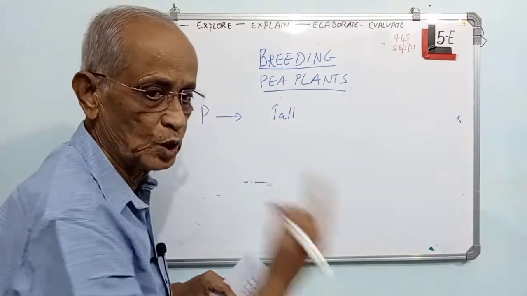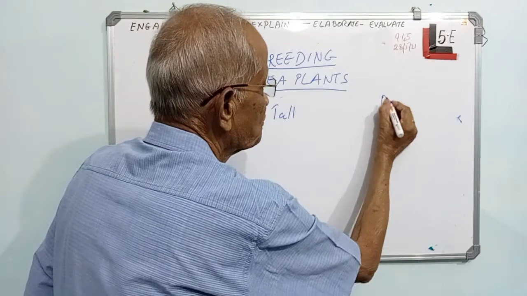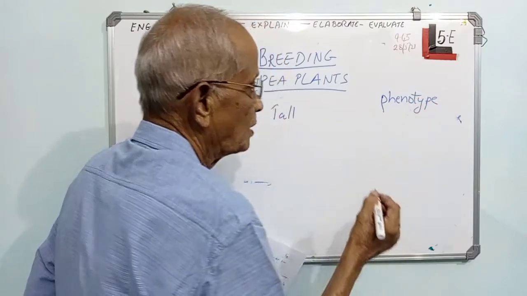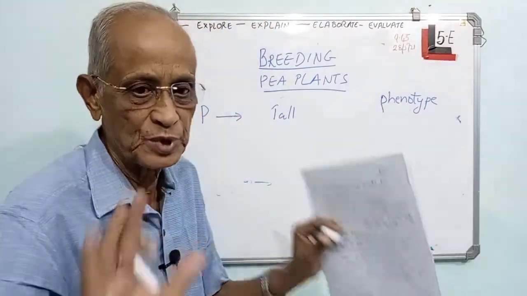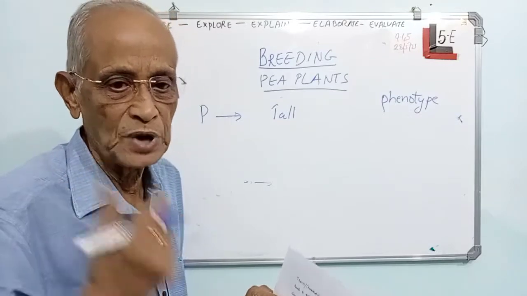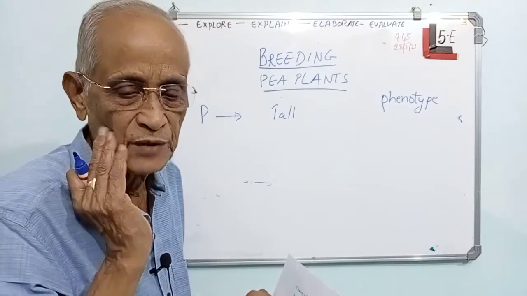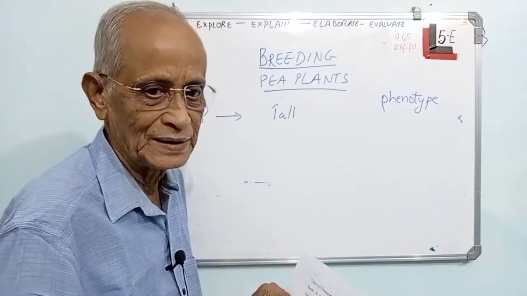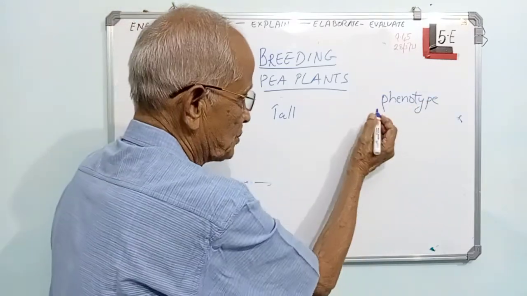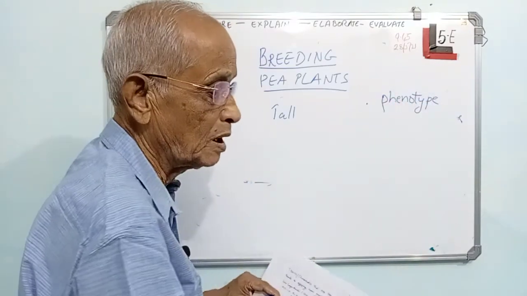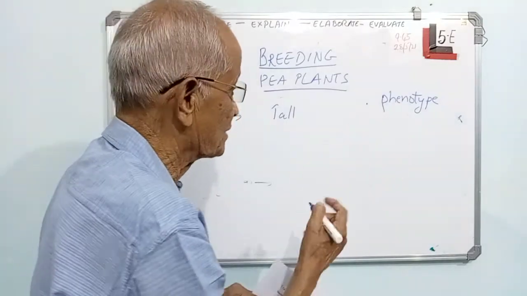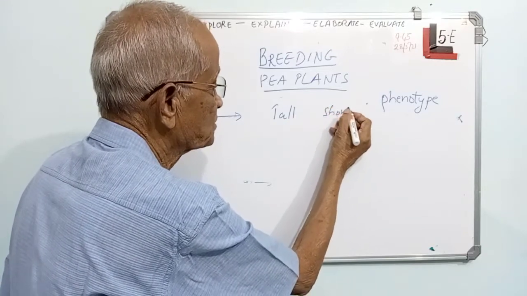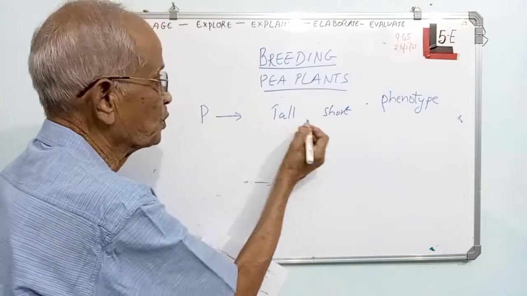Now we are writing the phenotype. Phenotype refers to the trait, what we could see by simple observation. If you could see my skin is dark, my phenotype is dark. If you could see an American and his phenotype is white. So observable characters, when you describe them, we call them phenotypes. What cannot be seen but still is important, that will come later on. So he took the phenotype tall and also phenotype short. The plants he took are the pure parents.